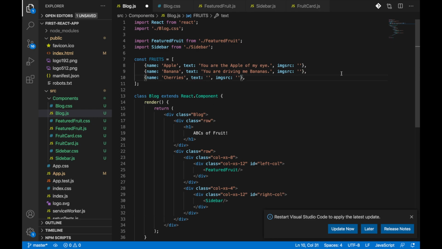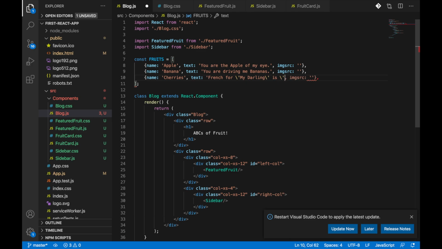And I'm going to do French for cherry. French for my darling. That's not, it's backslash, there we go. My darling